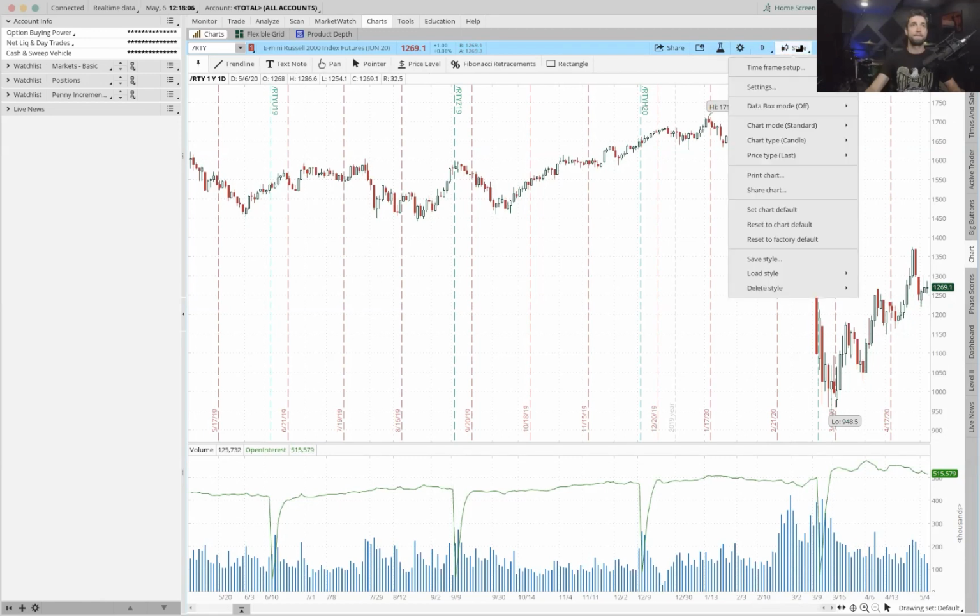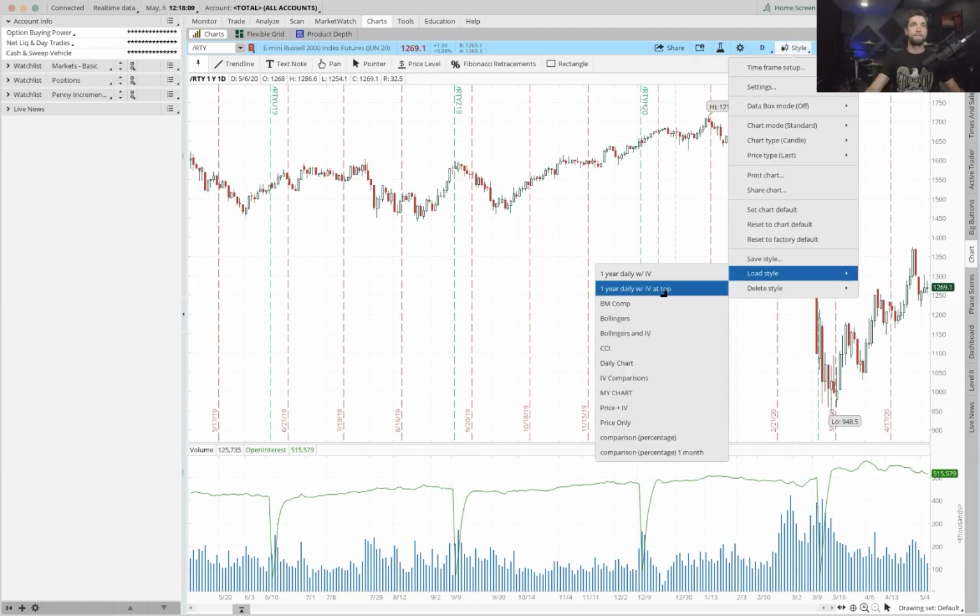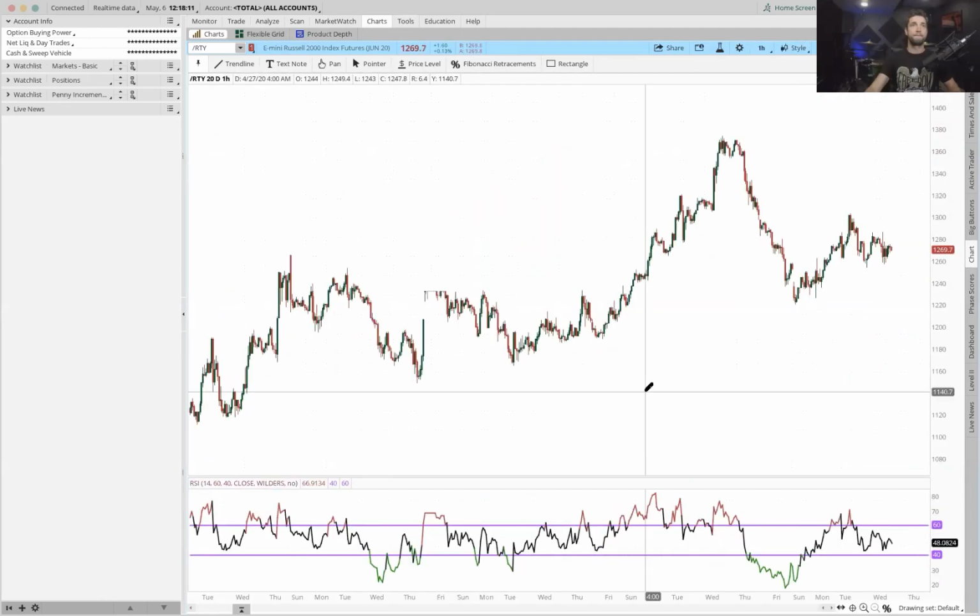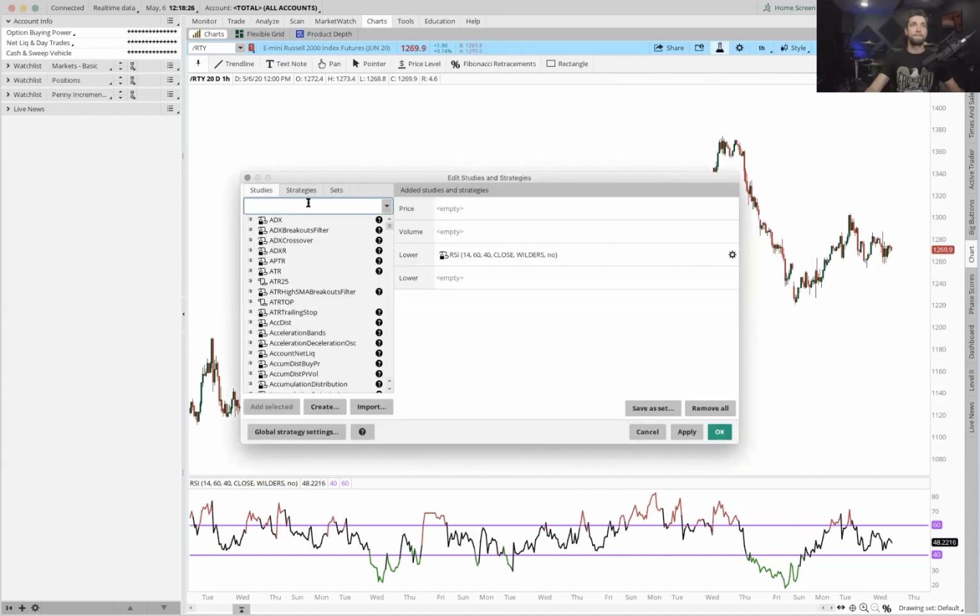So I go under Style, Load Style, My Chart, and then boom, your beautiful chart's back, just like that, right? You don't have to go through the setup process again, okay? So once you have your beautiful, perfect chart, save it. If you make any changes to it, so let's, for instance, say that you wanted to add